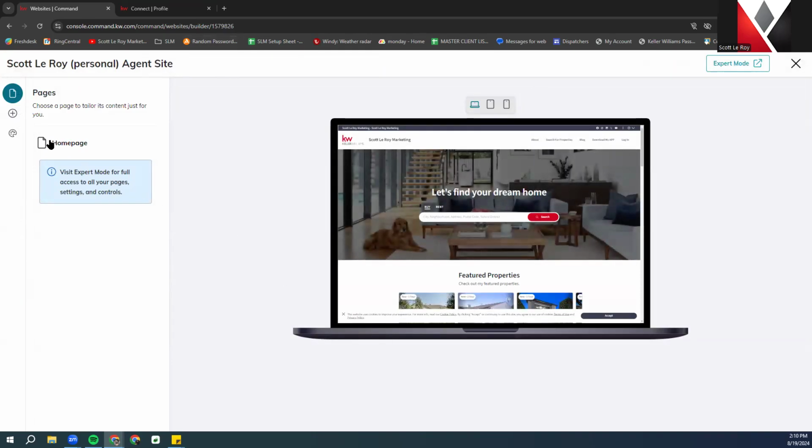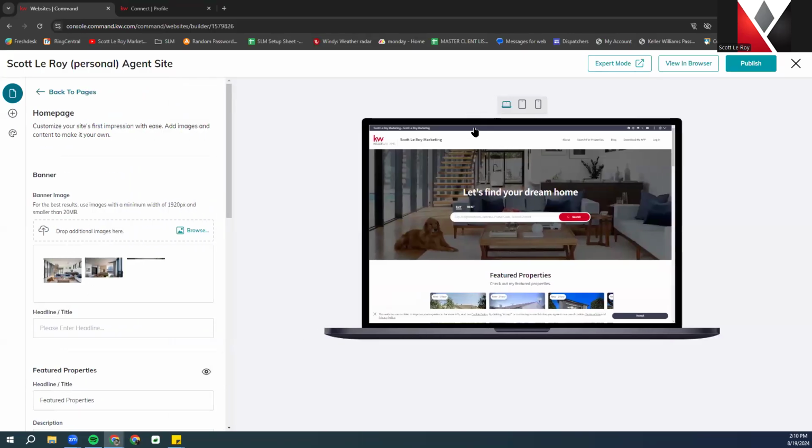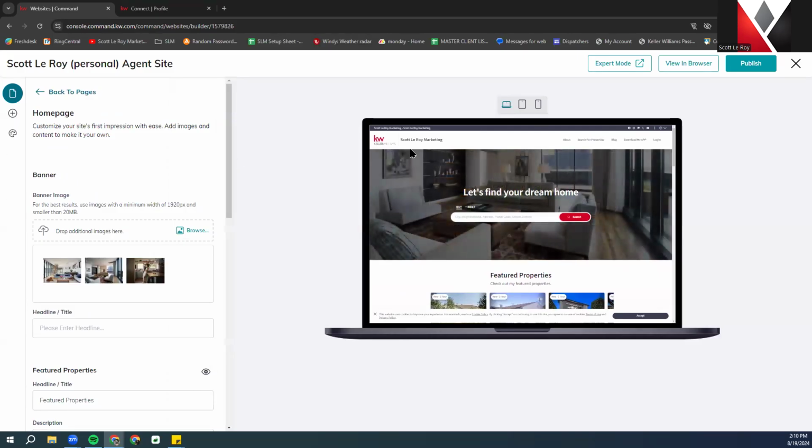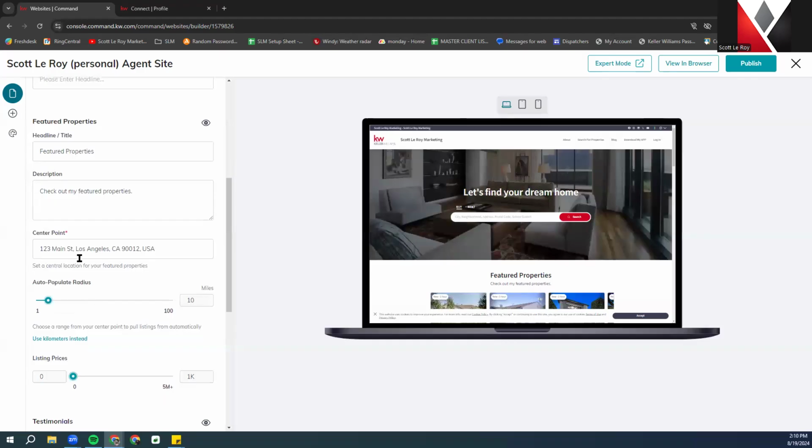From the screen over here on the left-hand page, you can click homepage. And this is going to give you the option to do a couple of basic things on your website. So things such as updating the images on your banner. You have your featured properties. You can update the headline or the description. You can also choose the center point,